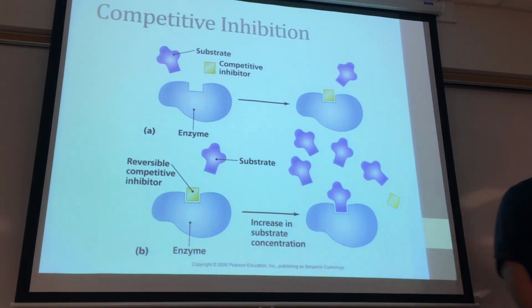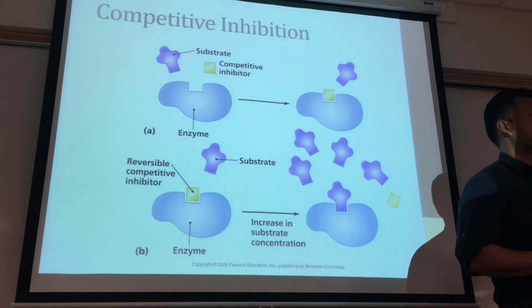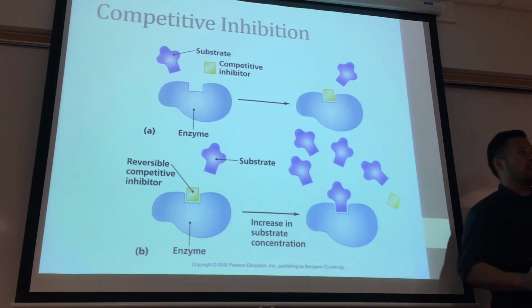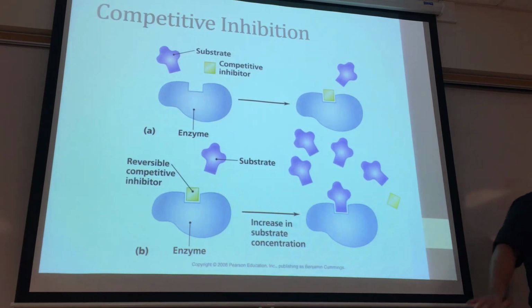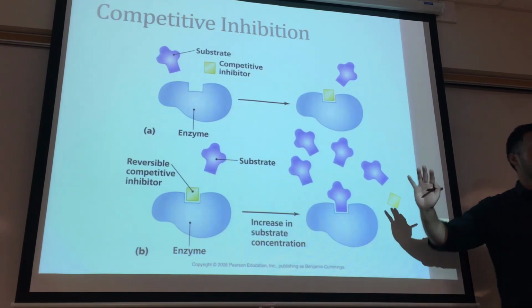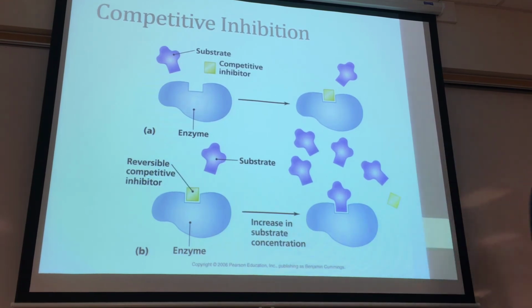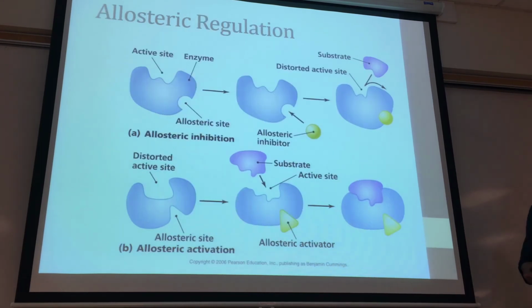And what we're going to be looking at is ways to regulate the activity of that enzyme. Maybe that matchmaker works way too fast. Slow down. I don't want that much baby. I need more men and women. I don't need too much baby. In fact, you've created too many babies, turn that enzyme off. Okay? So in this case, what we're going to be looking at, competitive inhibition, we're going to be looking at